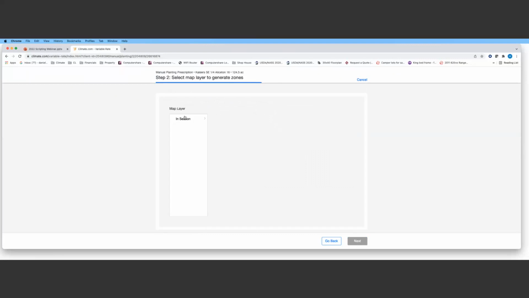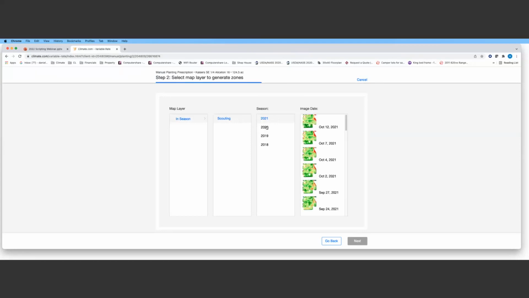What this is going to allow you to do is make a variable rate seeding script based on imagery from last year or the last couple years that you have imagery inside your account. So I'll pick 2021. As this loads here,